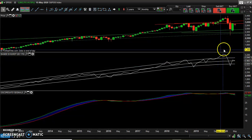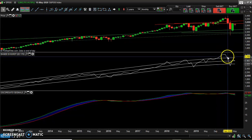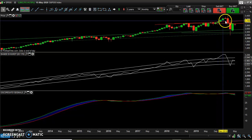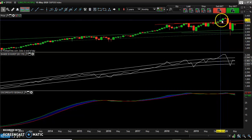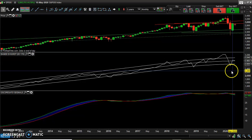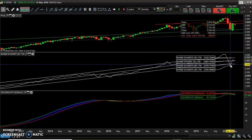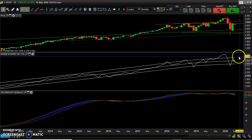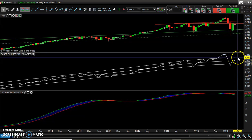Now, as we have seen here, there was a moment of extreme volatility around all this area. By the way, if you would have shorted the market here at 3,200, when the price went out from the upper band, and you closed here when the price hit the lower band, you would have had a great trade. Now, why 3,040? Because here we have the upper band. So it's possible that the price could go beyond this level, yet that would be an extremely great opportunity to